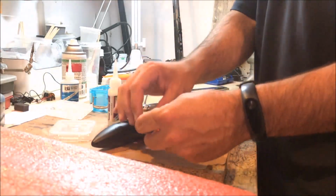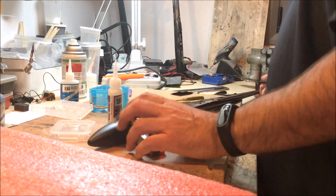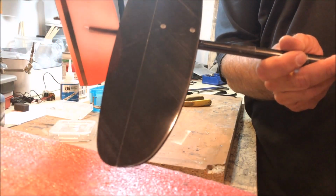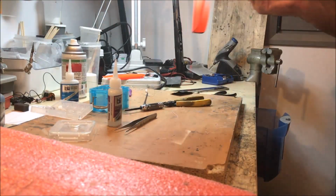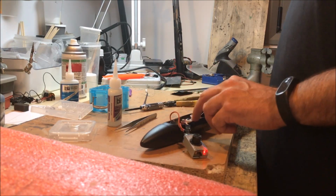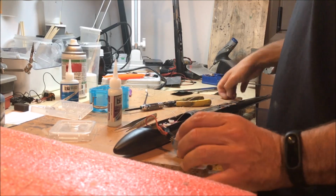Okay, so now I'm centering it manually, and I have up elevator and down until it reaches the bottom of the fuselage. I want to be able to get maximum down travel, so I want to get to the bottom of the fuselage, and I have a lot of movement here. That's not a problem with this servo, because this servo moves more than some others. And if you want to reduce the amount of movement and get a little better resolution, you can always drill another hole and get it in a bit closer, and I am thinking maybe I will do that,